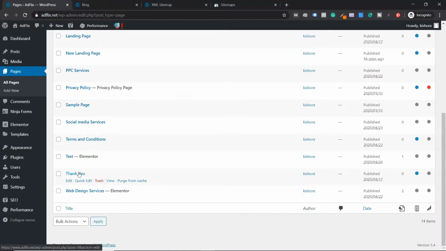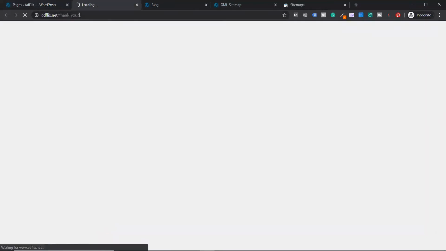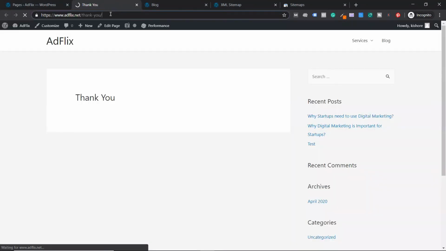One more thing, guys, most people misunderstand. If I block this page, it doesn't mean that people can't access it. People who have the URL can definitely go directly to it. If someone types /thank-you or /privacy-policy, they can access it, but that link will not be shown in the Google index, which means Googlebot will not show it. That's all it means. People can still download your lead magnets, but the only way is if they know the URL. Hope you're able to understand.